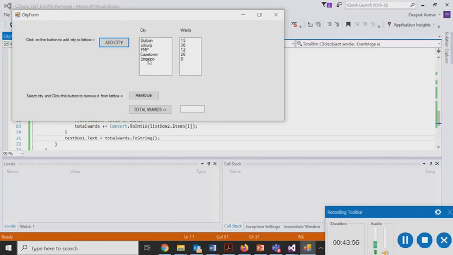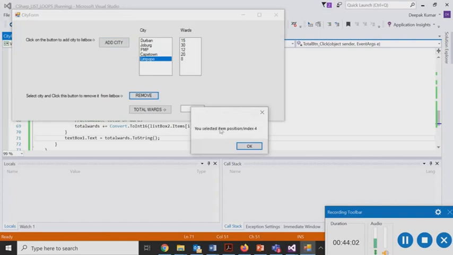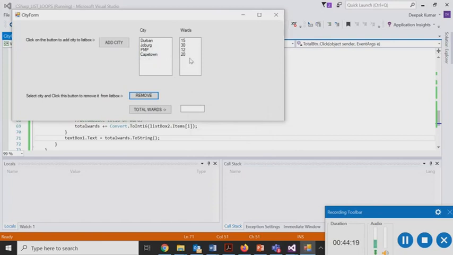and just to demonstrate the functionality, we can select a particular city, we can remove that city. So you have selected item position index number 4, so you can see this is the 5th item, but since it counts from 0, it counts 0, 1, 2, 3 and 4. So that is the index position. We'll say this is just for demonstration. Now you have seen that it has taken out the city name, plus also it has taken out the ward entry for that city. So now we are left with a certain number of wards. We can obviously add another city to it, or we can just leave it there.